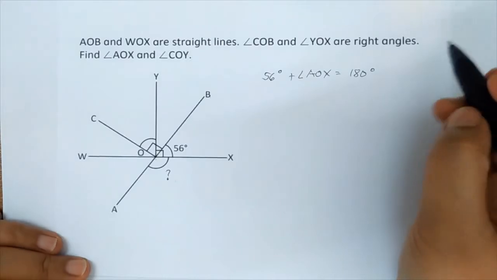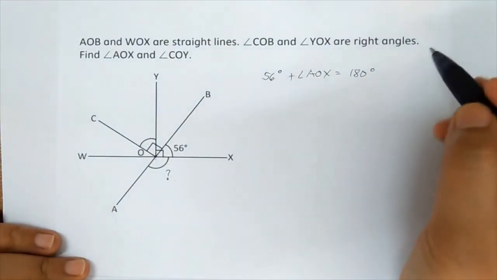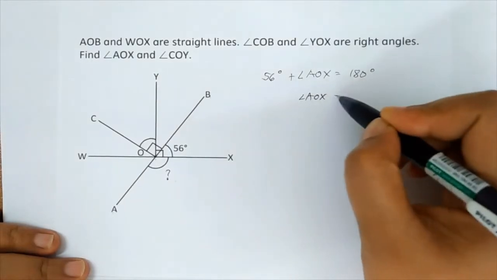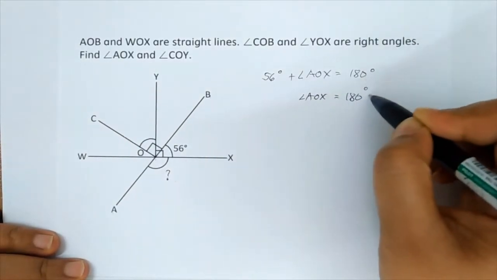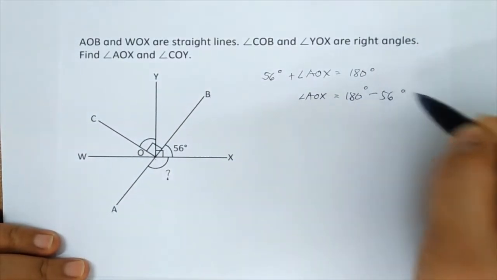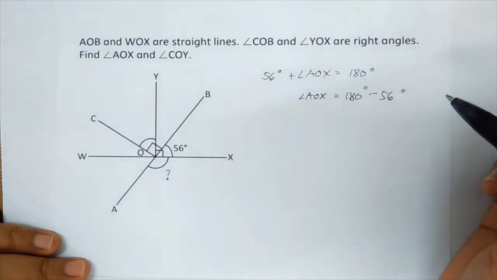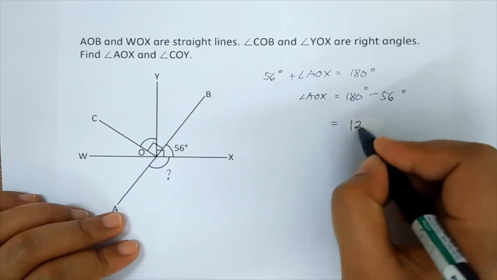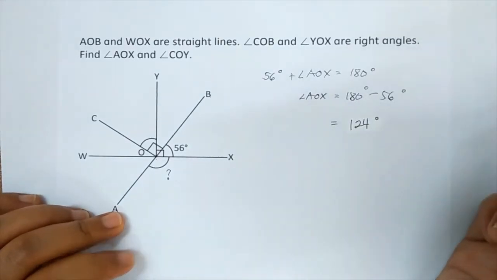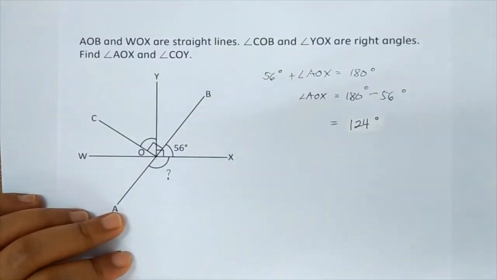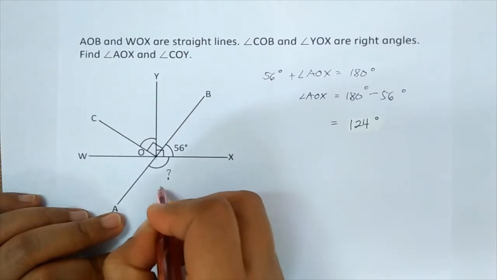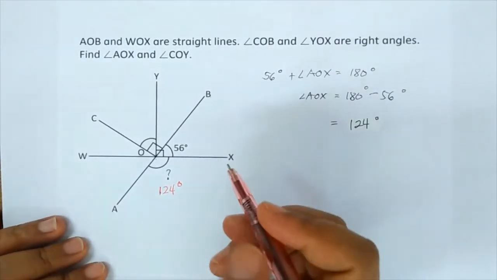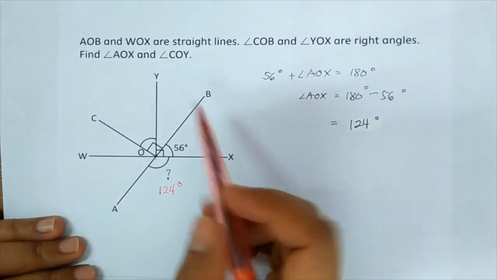How are we going to take angle AOX? Very good. We're going to subtract 180 minus 56 degrees. So if we're going to subtract this, it will be 124 degrees. So let's write 124 degrees. How about angle